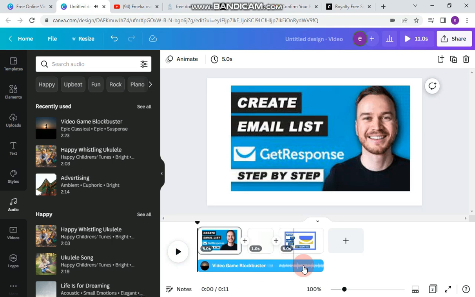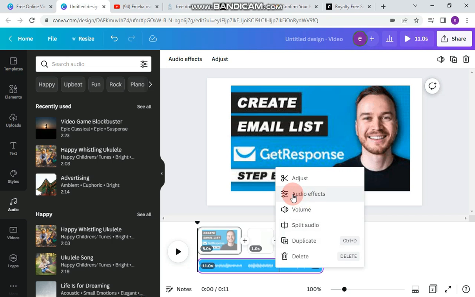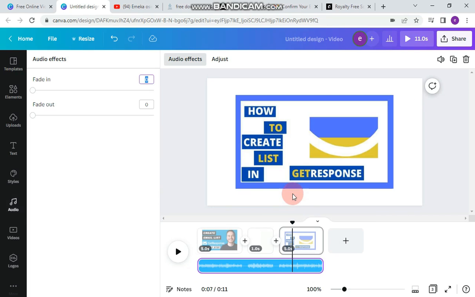And the next thing I'm going to do is, you can notice that the whole clip has 11.0 seconds, and maybe you want the audio clip to fade in somewhere in the middle of your video when it's playing, maybe around 5 seconds or 4 seconds. This is how to do it. Click like this and click on adjust audio effects. Click on it, and it's going to fade in at exactly the 4th second, then fade out at the